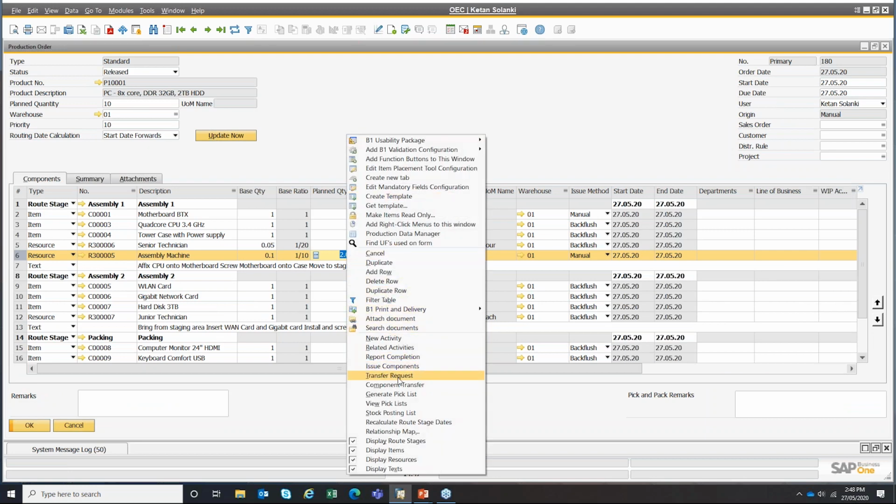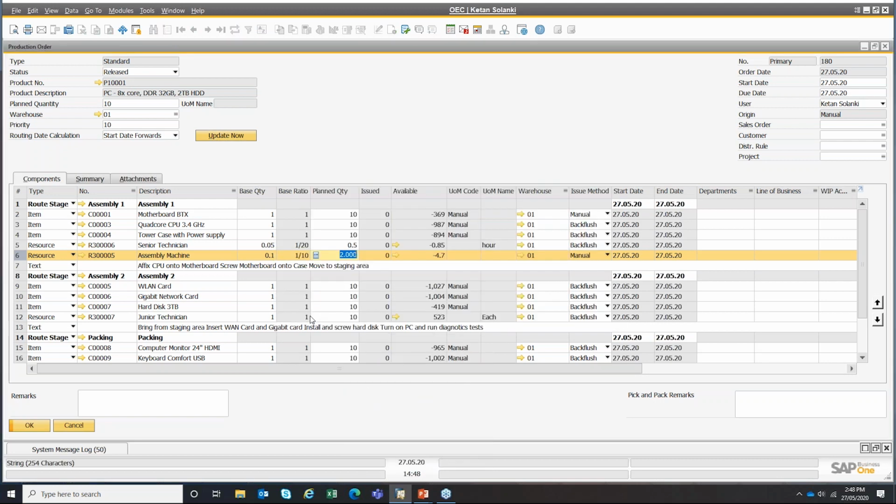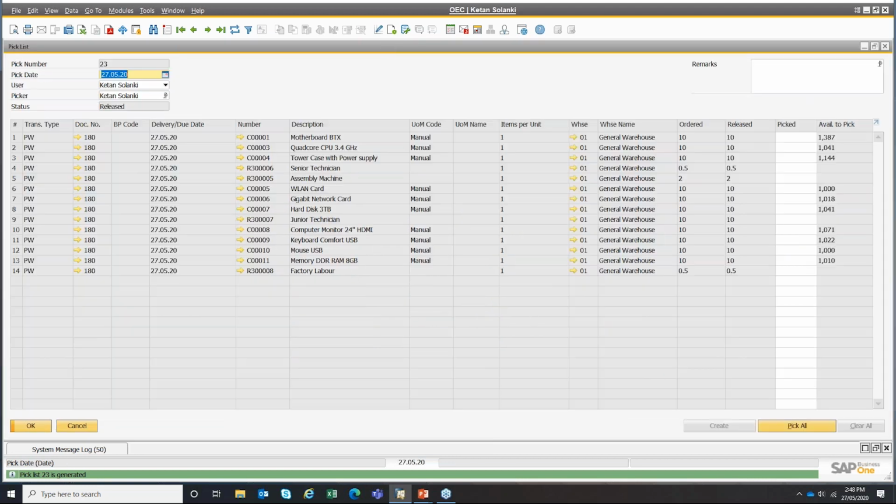Another option here is you can also do a component transfer. So instead of doing a request, we'll just create a transfer. You can generate a pick slip. So if I do that and click OK there, now it's generated a pick list, which you can give to someone to say, here, go pick all these components relating to this production order. They go and do their thing. They come back, mark this as picked,